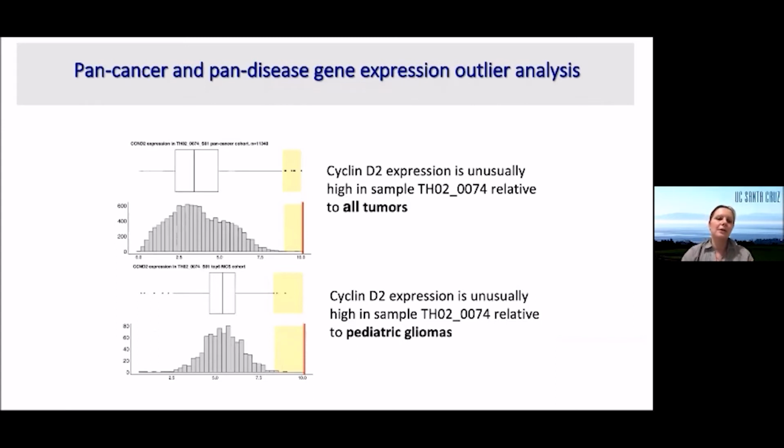And then we can perform this outlier analysis comparing the gene expression in a given case to all tumors. So we call it pan-cancer analysis here at the top. Or we can compare to similar tumors. So for example, if we have a glioma patient we're analyzing, we could compare that glioma to other gliomas in our compendium. And these two analyses could be useful for different reasons. We usually do both, and we get excited if there is overlap. For example, if something is an outlier in both